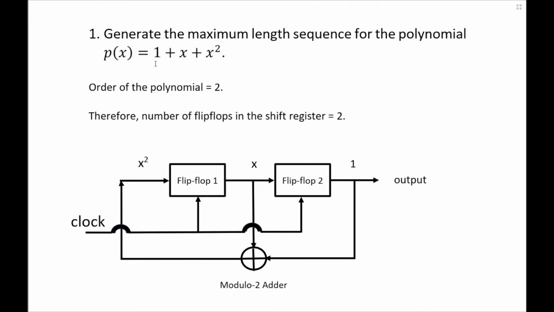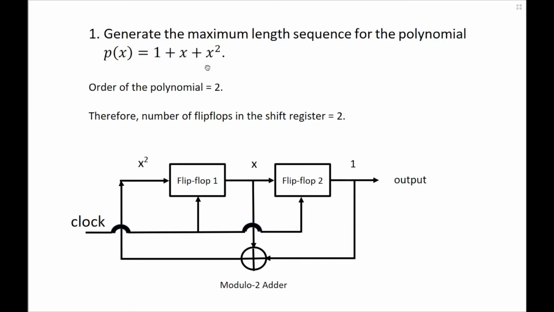So the elements 1 and x are to be added by using a modulo 2 adder to create the feedback. That is why we have shown a line here indicating x and another line here indicating the element 1, which are added using a modulo 2 adder, and the output of this modulo 2 adder will become the feedback path. Lastly, I have also shown a clock here just to show you that all the flip-flops in the shift register work on a common clock. Right, that is how you will write the sequence generator when you are given a polynomial.